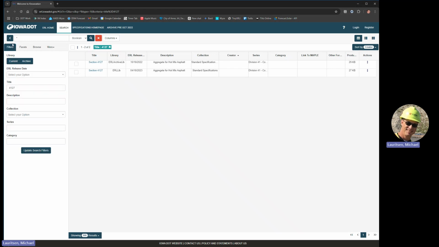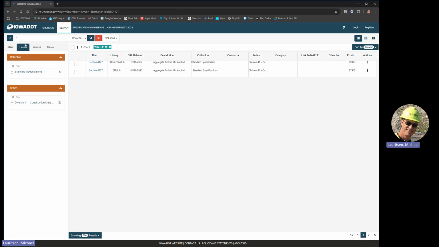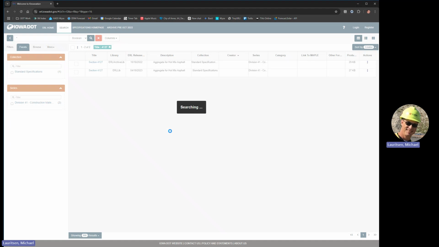And then it moves the tab at the top here over to facets where you can drill that down, but you can also put in multiple search criteria here. The facets are, I only want to see 4127 within the standard spec or whatever. So that's the way facet is a little bit different. Once you start sorting things by filters, then the facets group gets smaller. So if I take off that 4127 filter,